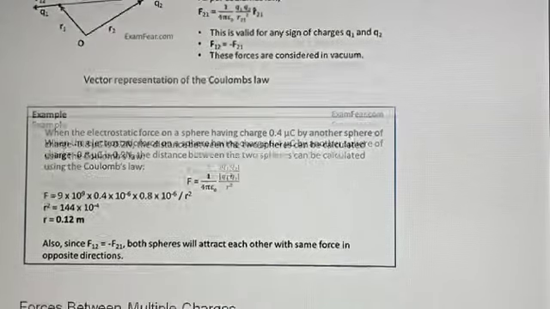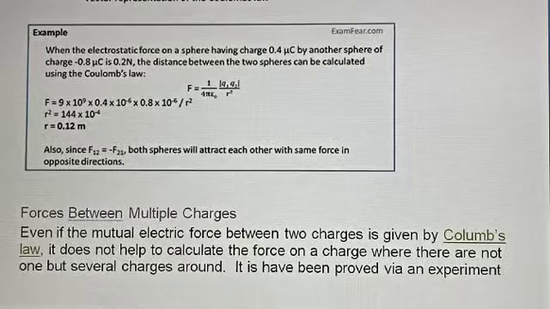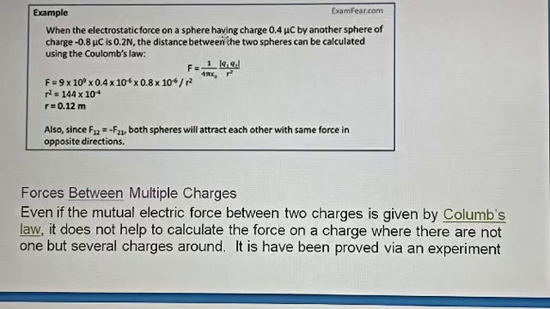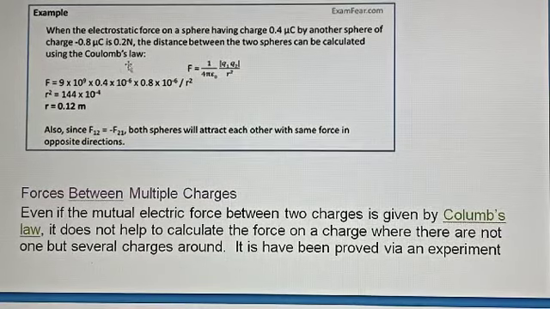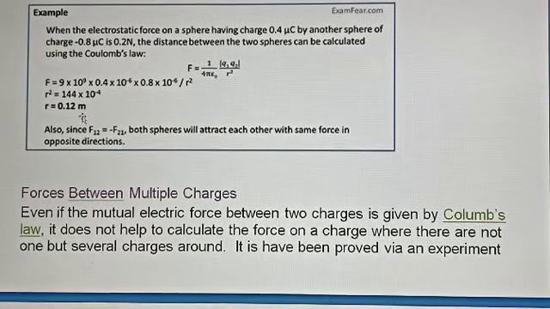Now if you solve numericals using Coulomb's law, then you have to go this way. You can see this is a simple problem. Two charges are given, 0.4 microcoulomb and minus 0.8 microcoulomb, and force between them is 0.2 Newton. You have to calculate the distance. So before using the formula, you have to convert microcoulomb into coulomb, because we are going to get the result in SI. So by using this formula, you can get the distance as R is equal to 0.12 meter.